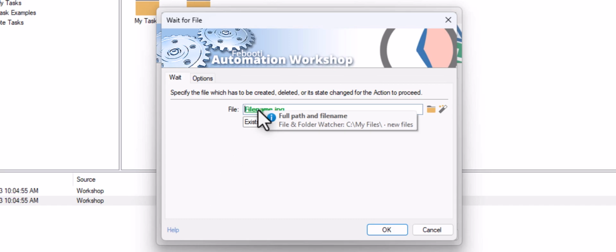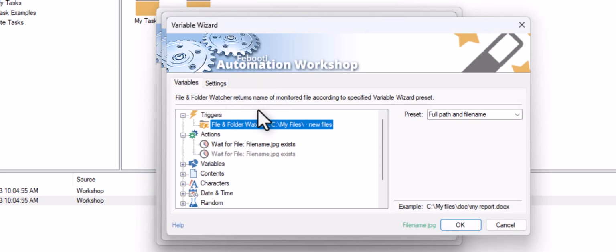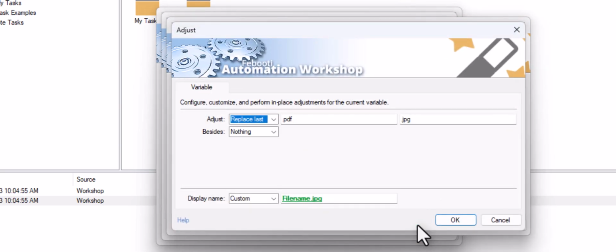Simply click on the variable to make changes. The current adjustments are displayed as a clickable link. Let me change JPEG to XML. Done.